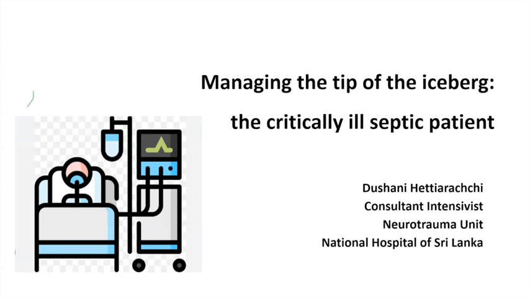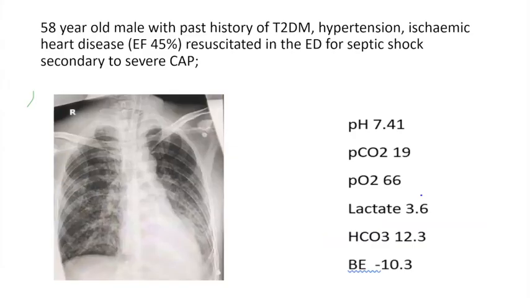So I'll be touching on specific management aspects of the critically ill septic patient in the ICU. Moving on to case scenario, this is about a 58-year-old male patient coming to the ETU, giving a past history of diabetes, hypertension, ischemic heart disease, and being resuscitated in the ETU for septic shock secondary to a severe community-acquired